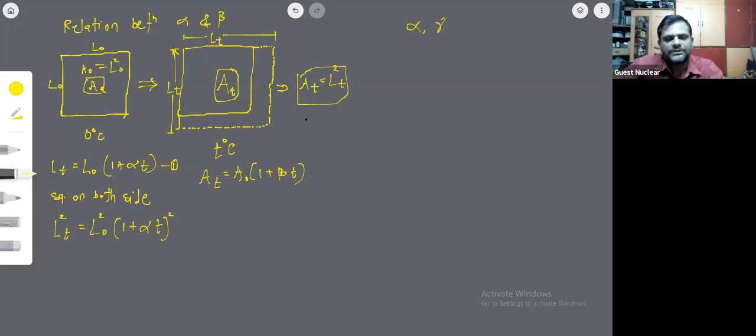Correct है. And hence we can just replace now and hence we can just say that here LT square actually becomes AT. Okay, and also L naught square here actually becomes A naught, right? And we can just expand this. Okay, but here we can just see that one more thing is to be understood here that, देखो यहाँ पे, we can say that this LT square is actually going to be AT and L naught square can be written to be simply equal to A naught, that is the area. And also